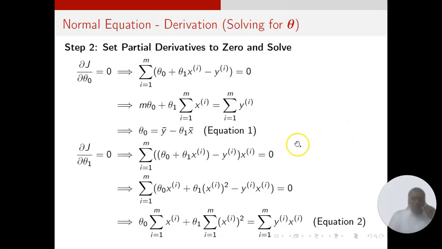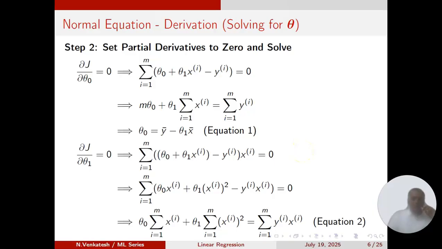That 1 by 2m will cancel. So we have, if you take xi inside, then we'll have theta naught xi, theta 1 xi square. And if you substitute theta naught of equation 1 into equation 2